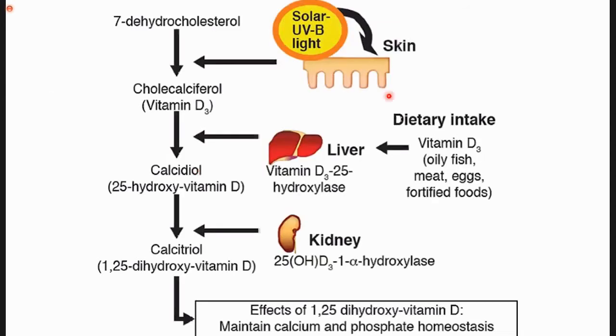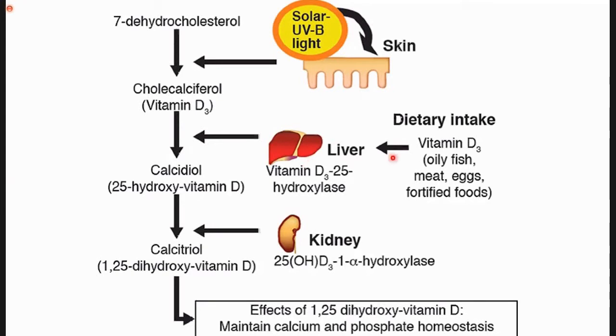Now, this is some of the diagrammatic representation of how vitamin D is actually synthesized in our body. Precursors like 7-dehydrocholesterol are converted into cholecalciferol, that is vitamin D3, by the ultraviolet light, which falls on our skin. Some of the vitamin D also comes from the diet as well. Foods which are rich in vitamin D are oily fish, meat, eggs, and fortified foods, and they